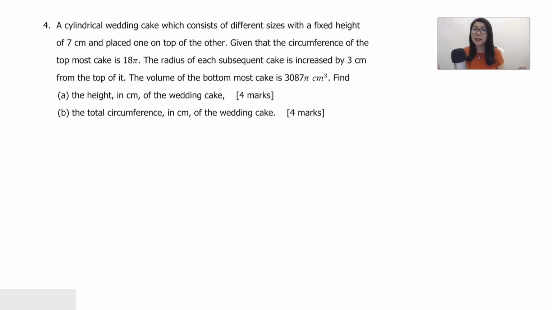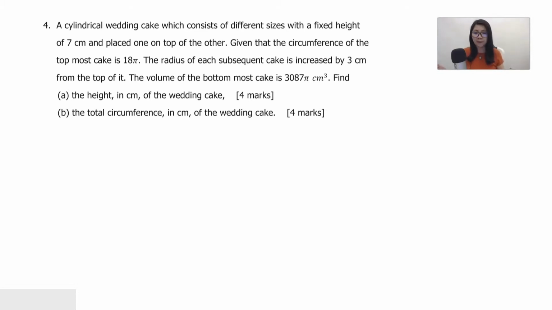Which consists of different sizes with a fixed height of 7 cm and placed on top of one another. It means that the bottom one will be the biggest one, and then as it moves up, it becomes smaller and smaller. Given that the circumference of the topmost cake is 18 pi, the radius of each subsequent cake is increased by 3 cm from the top of it. The volume of the bottommost cake is 3087 pi cm cube. So find the height in cm of the wedding cake, and it's 4 marks, and the total circumference in cm